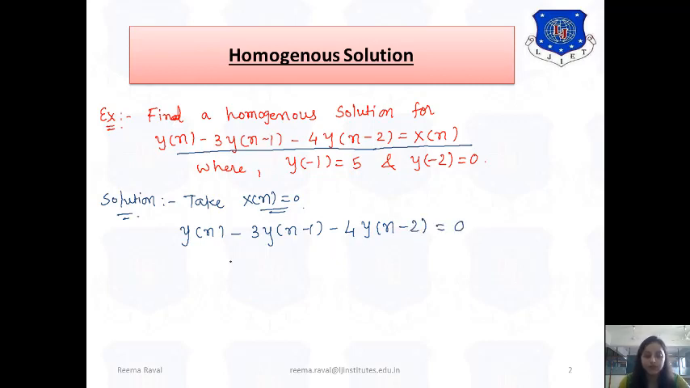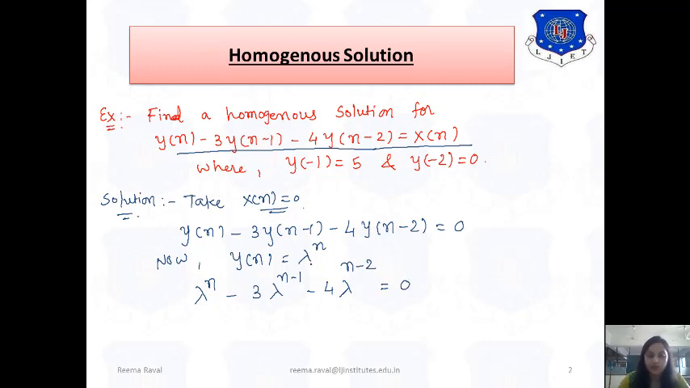Okay, now let us take y of n equals lambda raised to n, that is our one constant. So here taking y of n equals lambda raised to n, your equation will be lambda raised to n minus 3 lambda raised to n minus 1 minus 4 lambda raised to n minus 2, that will be equal